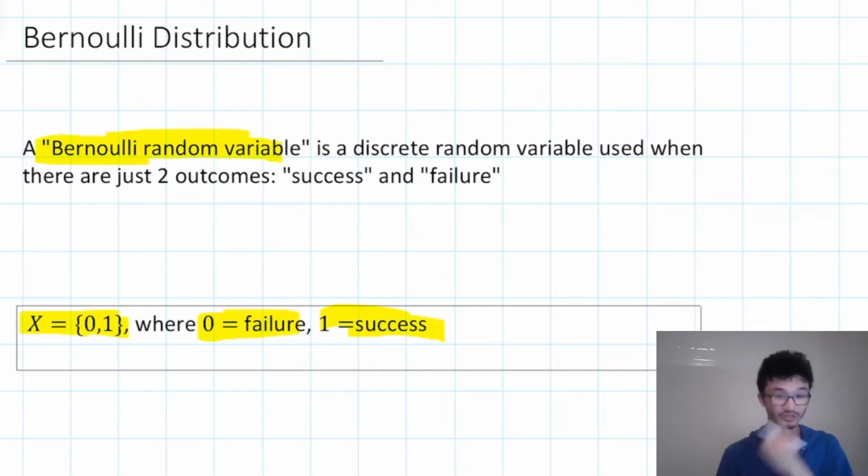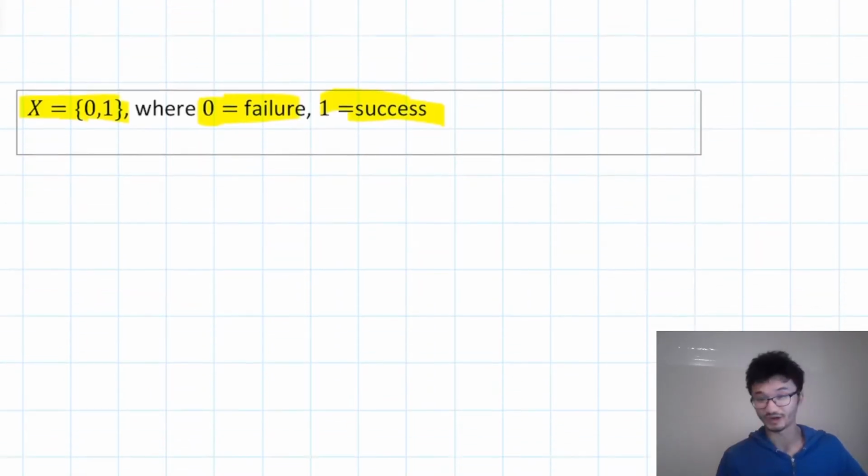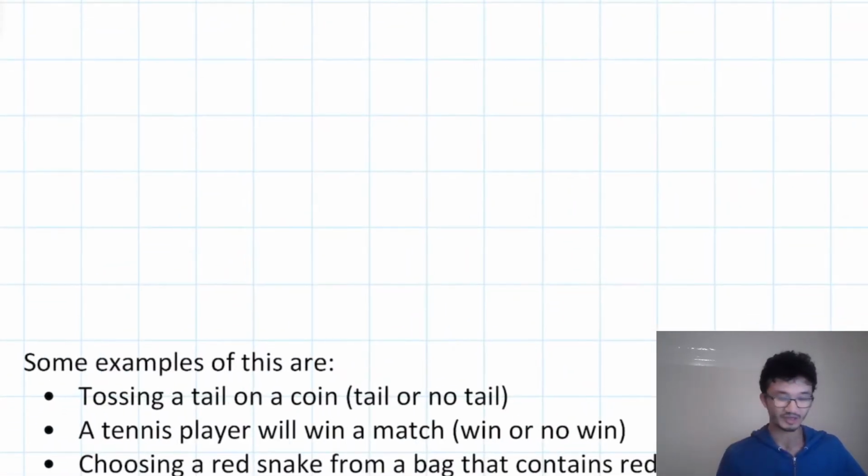So what kind of situation only has two outcomes? The easiest thing to think of is, for example, flipping a coin, right? When you flip a coin, you get heads or tails. Now that has two outcomes, but we have to be particular about this language here. When we talk about success and failure, we have to phrase the random variable in such a way that success and failure make sense. In heads or tails, it's not necessarily clear what's a success or failure. For example, if I flip it and no one calls for whichever one they want, then there is no success or failure, right? So this is how we phrase these random variables, so to speak.